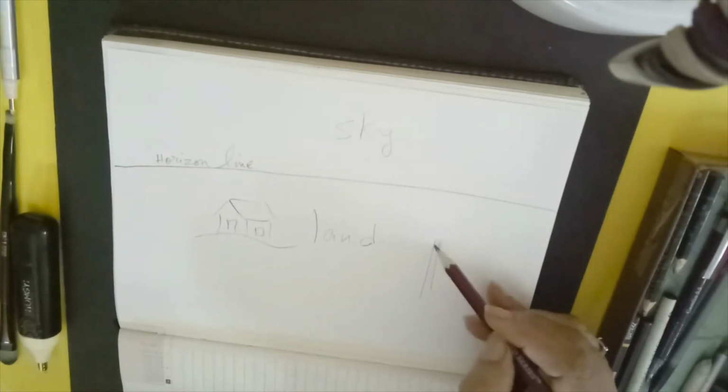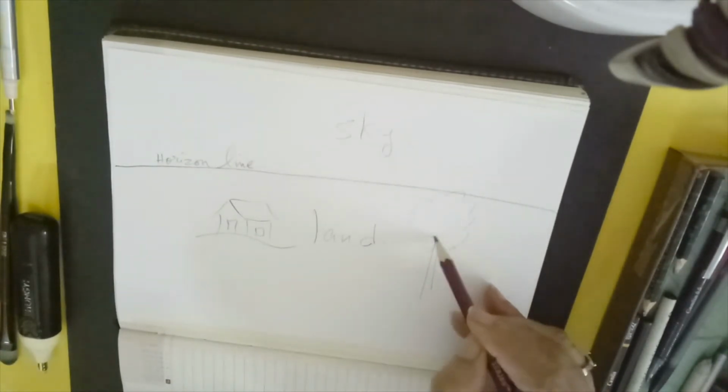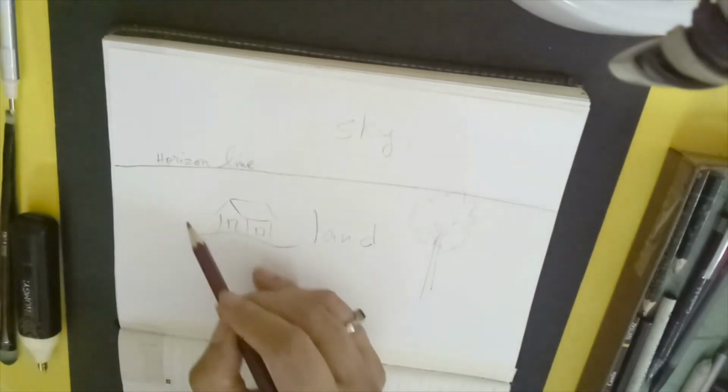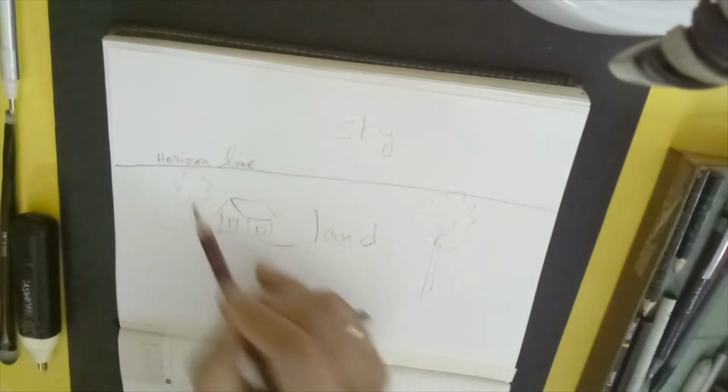Now same thing, suppose you want to draw a tree. You won't draw a tree on the sky, you will start drawing the tree here, right? Even here you can have a tree over here, on the land. Now suppose you want to draw water. Fine, I'm going to draw water over here, maybe a river or something like that. See, now this is the land, see how nicely I have divided it. This is supposed to be the land again. This is the water, the river water.